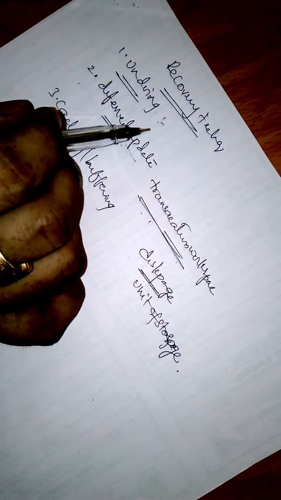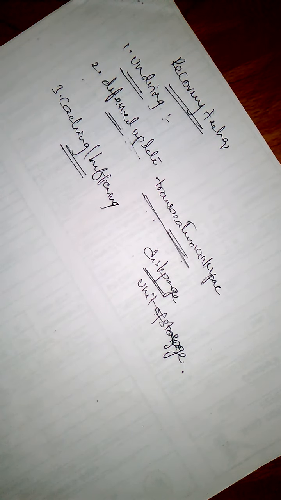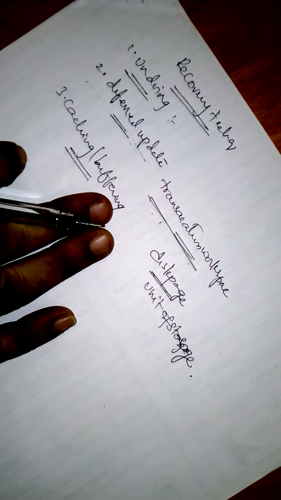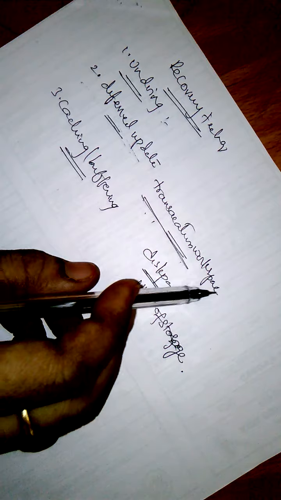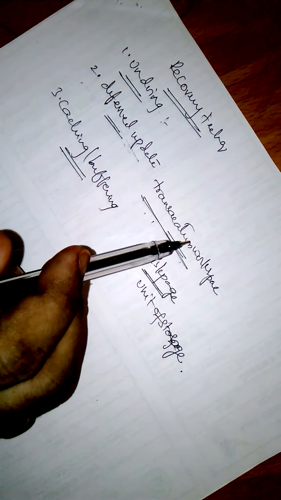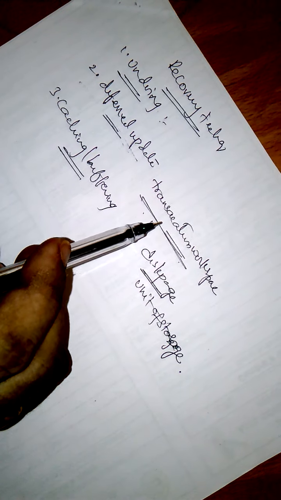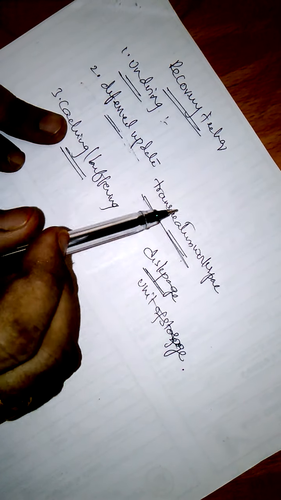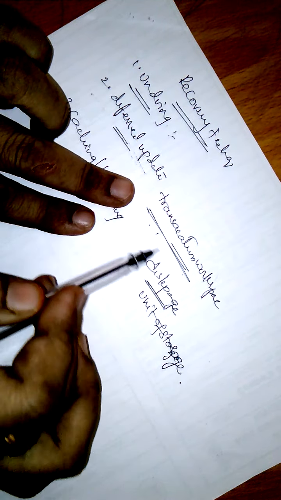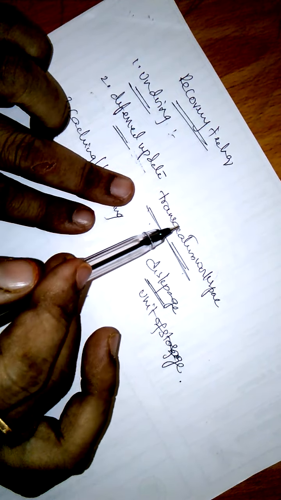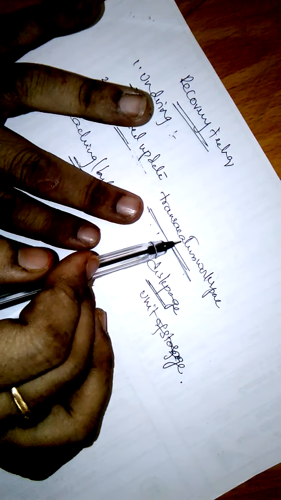The second technique is deferred update. Deferred update means this technique does not update the database on disk until the transaction has reached its commit state. When a transaction is happening, all the transaction work is stored in an area called the transaction workspace. If a transaction is successfully completed and reaches its commit state, then it is updated in the database. If there is any failure in the transaction, the work of the transaction is maintained in the transaction workspace. So the transaction may be undone.